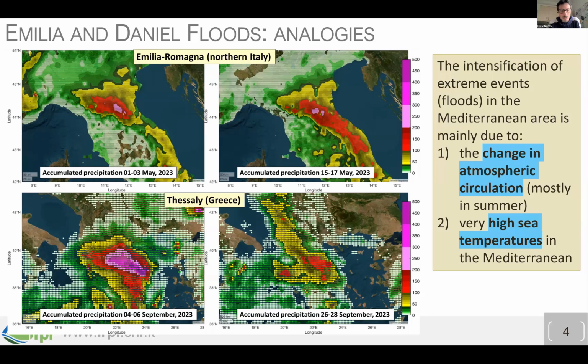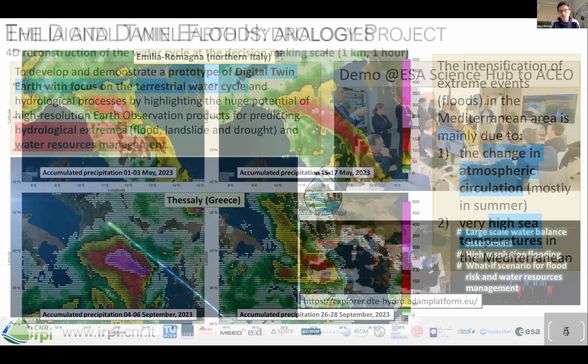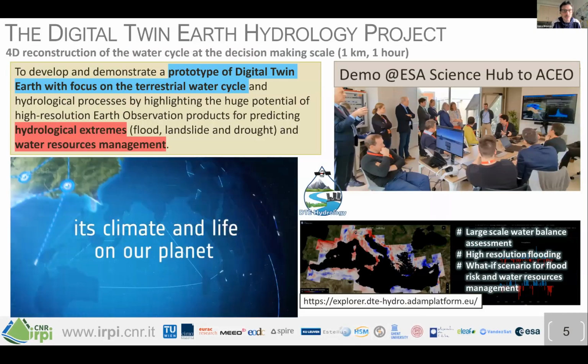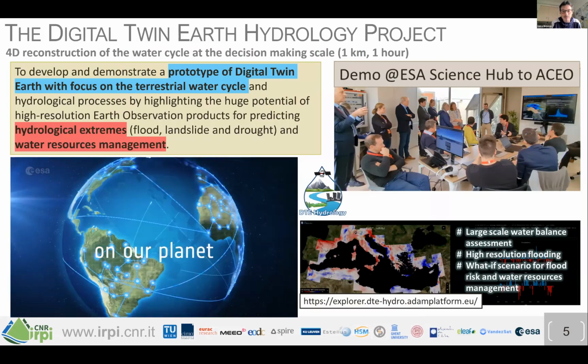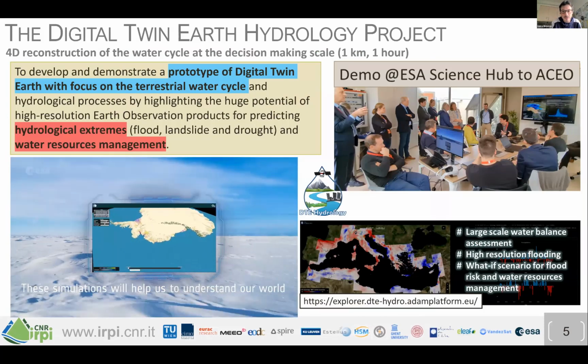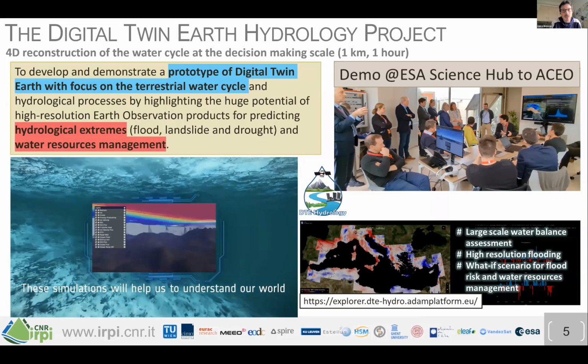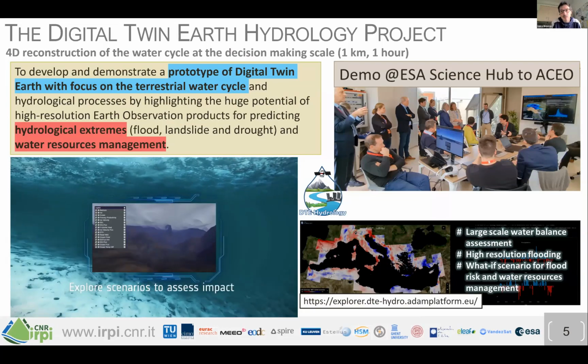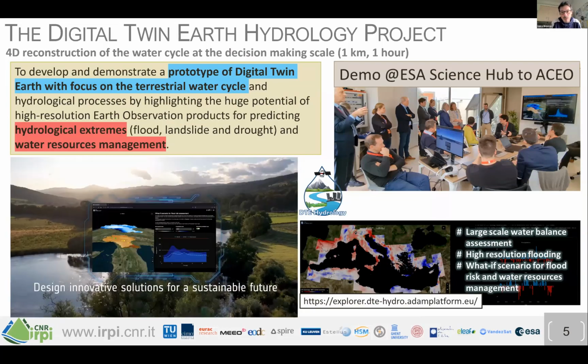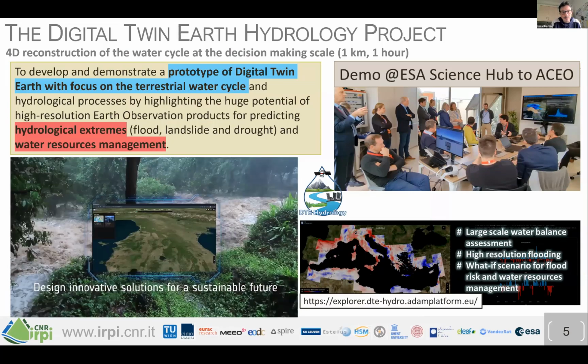So what can we do to mitigate the issues related to these flood events? We started developing what we call the Digital Twin Hydrology project with the European Space Agency. We started 2.5 years ago, and the idea is to develop a prototype of the digital twin for the water cycle.